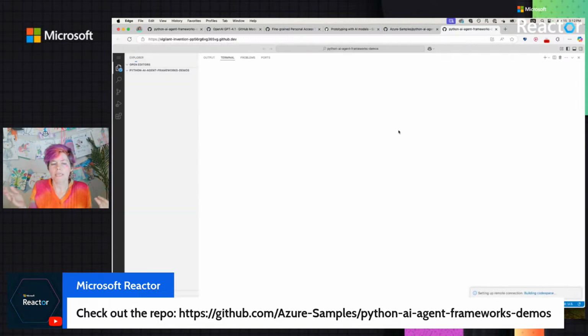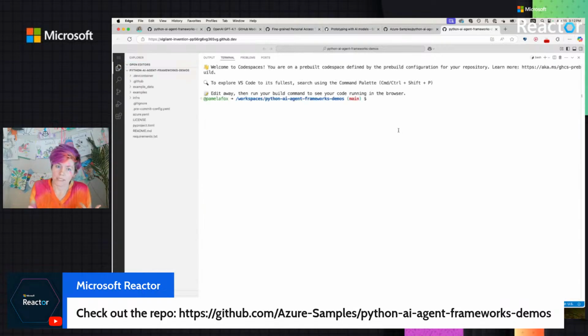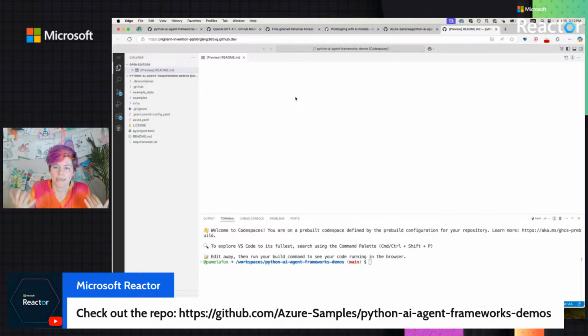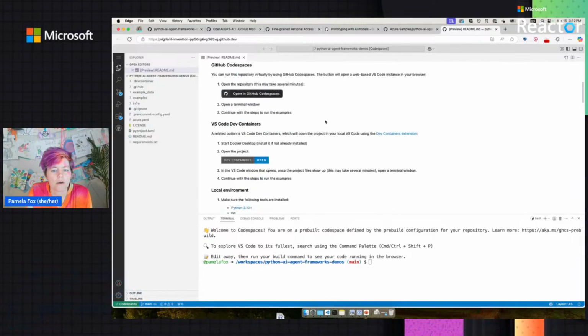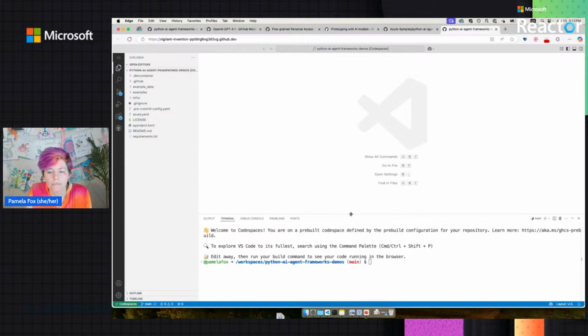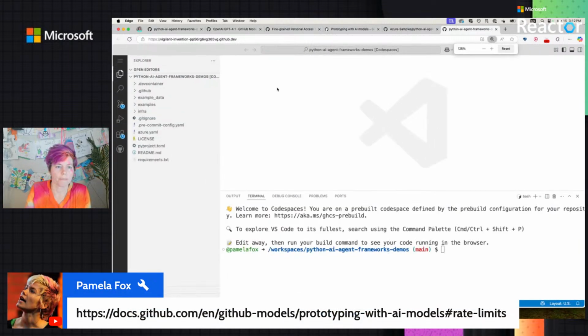A GitHub Codespace is basically a VS Code in the browser, but loading that project with its environment. So it's actually loading a Linux machine with Python installed and with all the requirements installed, so that it should be really quick for you to get started. So here we can see it has loaded, and it just opened up that README. All right, and I'll just make this a little bit bigger. So now that the code space is loaded,